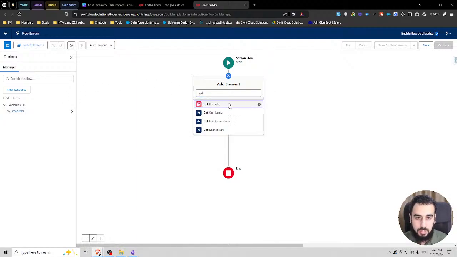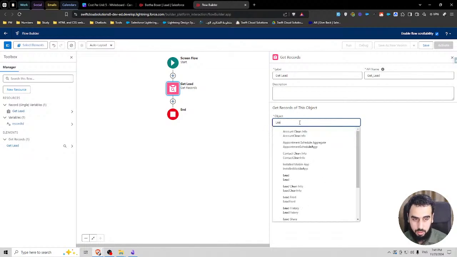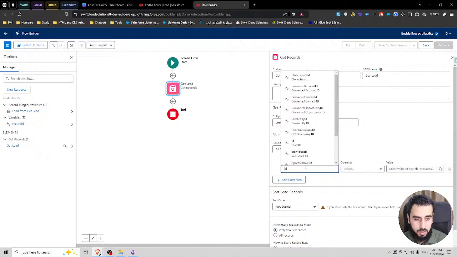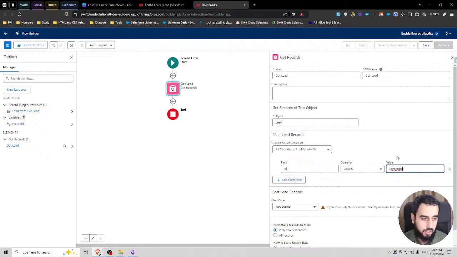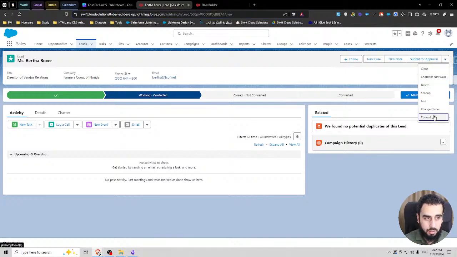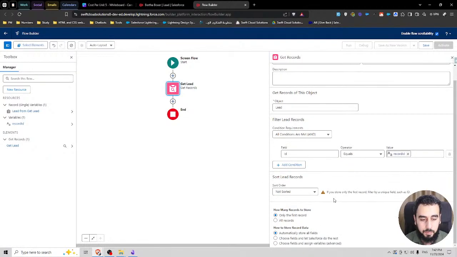Let's do a Get Records on the lead object, where the ID of the lead equals that record ID that got passed on. So the flow received the record ID from the page we're on. When the user clicked convert, the flow queried the entire record to get all of the information. We used the record ID that we received from the page and got a lead that has the same ID.